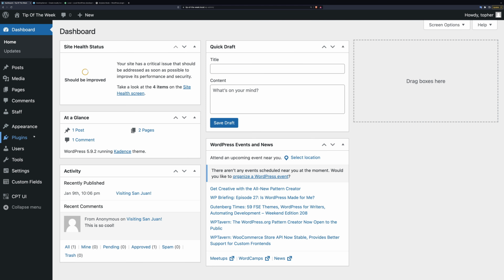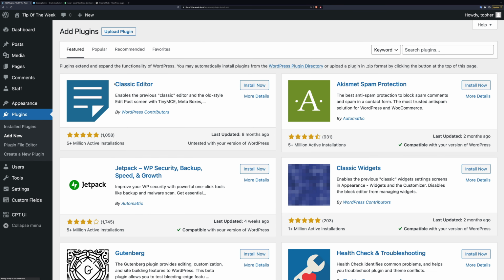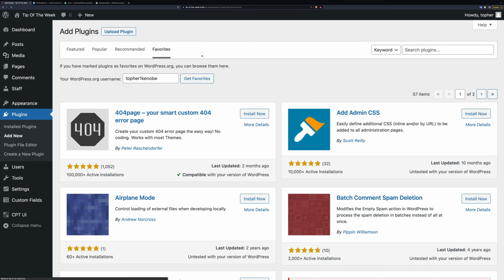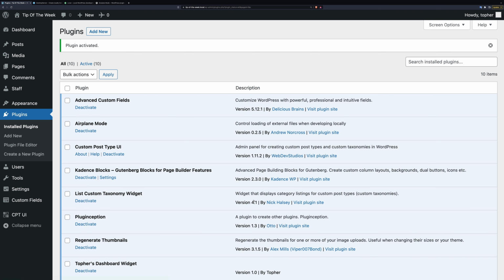Here's my install of WordPress. Add new. I'm going to go to my favorites. And there's airplane mode. Install now. And activate. And now, in the top bar here, you can see there's a little airplane. And if we click it,